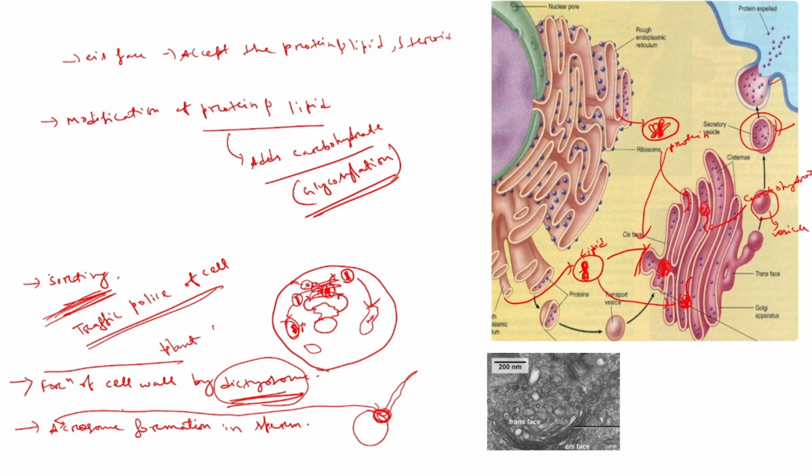So these are the main functions of the Golgi: it accepts the protein and the lipid, and after accepting, it modifies them by adding carbohydrate, a process called glycosylation. Then cell sorting, deciding which protein or lipid should go where. Next, it helps in the formation of the cell wall by the dictyosome, and it helps in acrosome formation in the sperm. Okay, so this is all about the